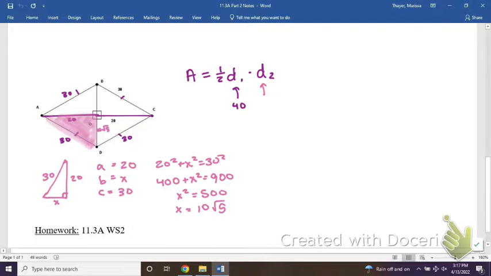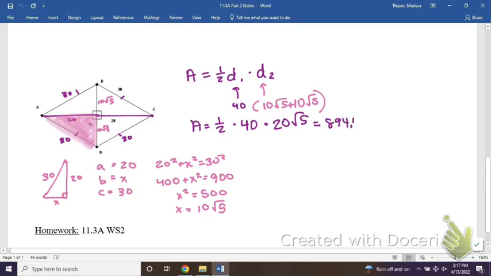We still don't know the full diagonal, but it would just be 10 root 5 and 10 root 5 together. So 10 root 5 plus 10 root 5, which is 20 root 5. So for area of a rhombus, we'll have 1/2 times 40 times 20 root 5. When I plug that in and get a decimal, I get 894.4